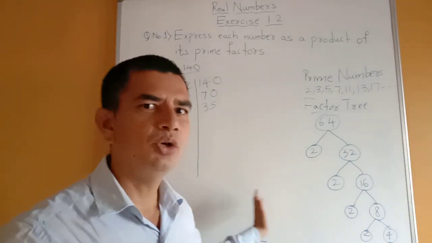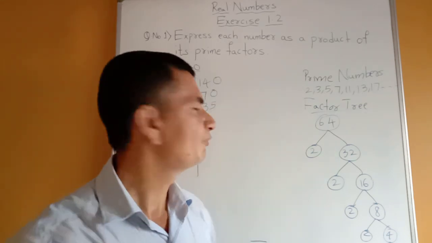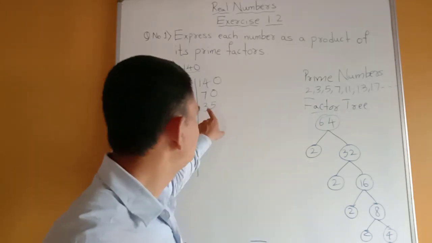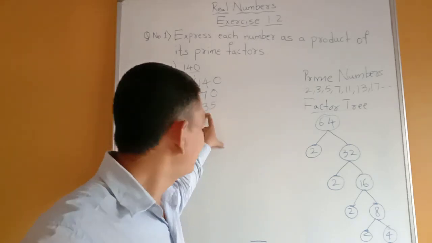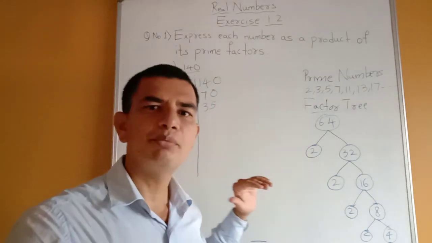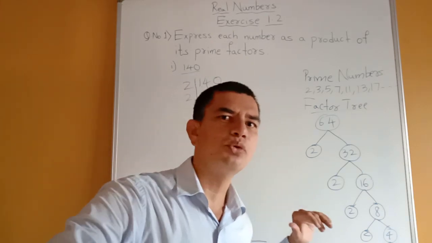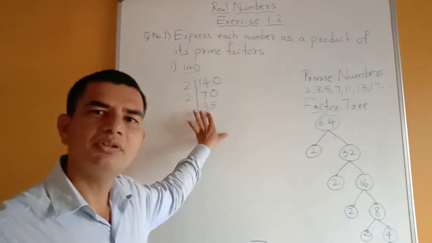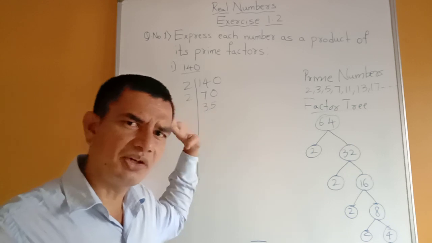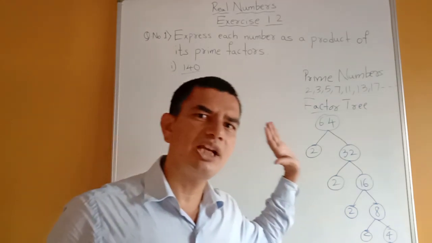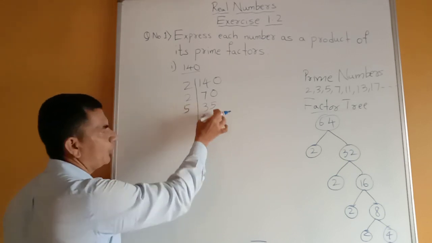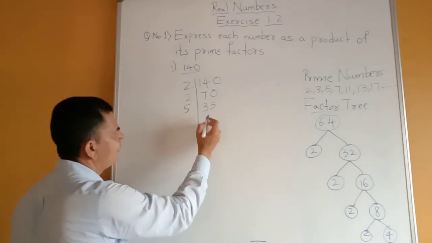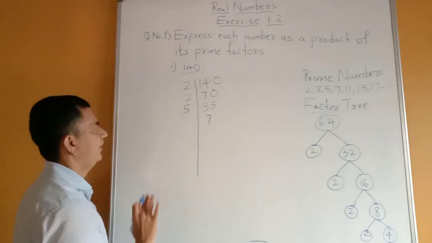So what can we take? We have to try 3. After trying 3, is it divisible by 3? No. Then is it divisible by 5? Because after 3 the next factor number is 5. So is it divisible by 5? Yes. 35 is there in the table of 5. So we can take 5 here. 5 times how much is 70? 35. 5 7s are 35.